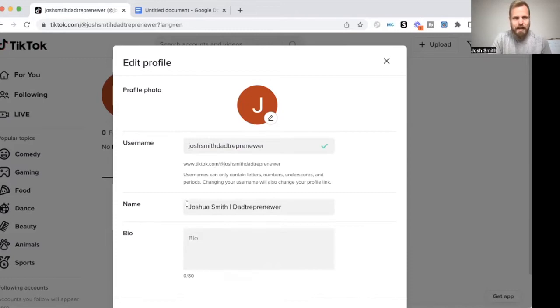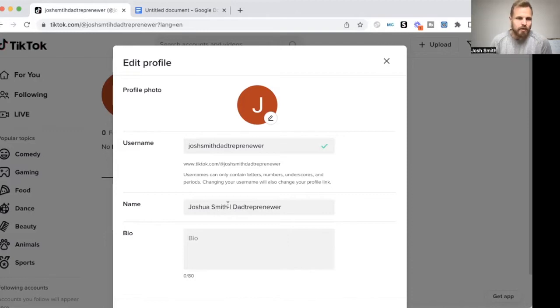And then when it comes to your actual name, okay, here's a little pro tip and a hack that you need to understand. TikTok is moving more to an SEO based style. Okay, so that means search engine optimization. So depending on what your niche is, let's say you are in the affiliate marketing niche.